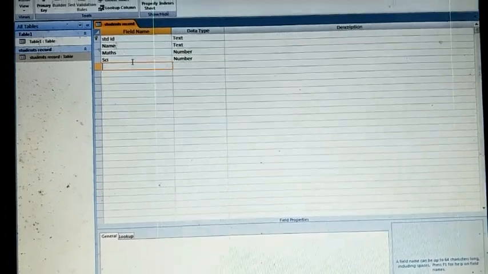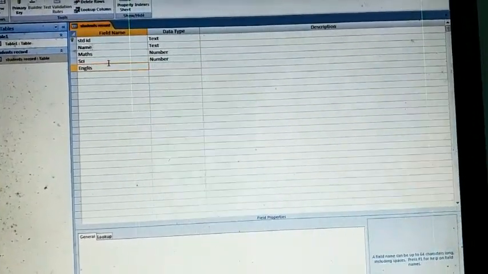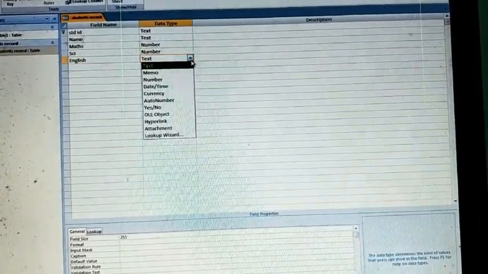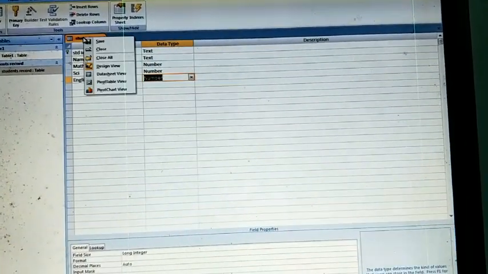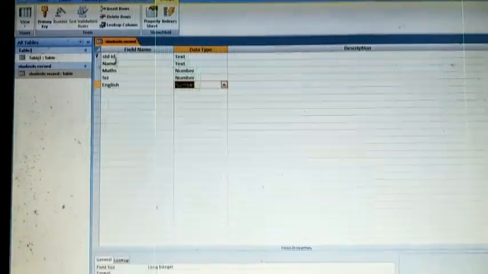And now English. Because you will store your marks in number format, the data type should be number. After that, right click and choose the save option, so it will be saved.